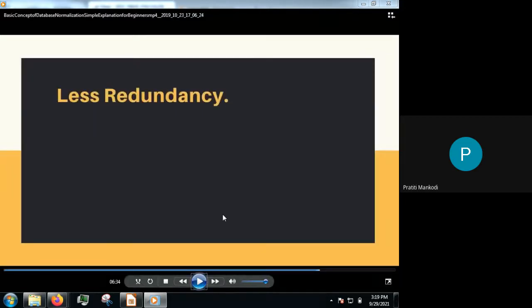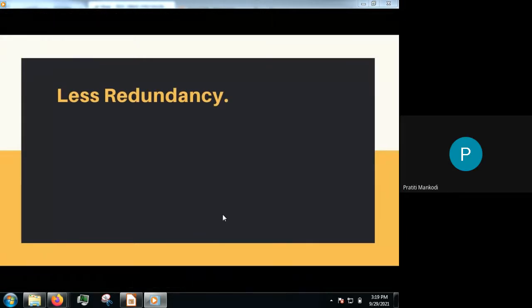Now tell me how it will reduce the anomalies. How will it reduce insertion anomaly? What was insertion anomaly? I need to insert the repeated values every time. Here I am not doing that. I am just inserting the student information. That's it, right? I am not adding the information of HOD and the phone number every time. So insertion anomaly gets eliminated, not reduced. It's eliminated. What we said is, we are reducing the redundancy, we are eliminating the anomaly.